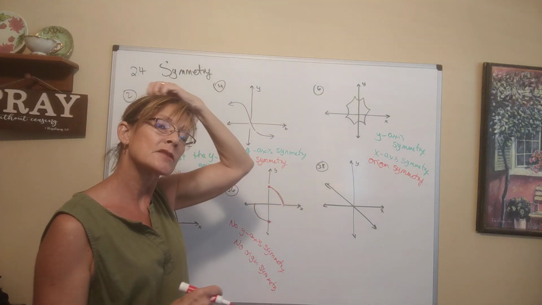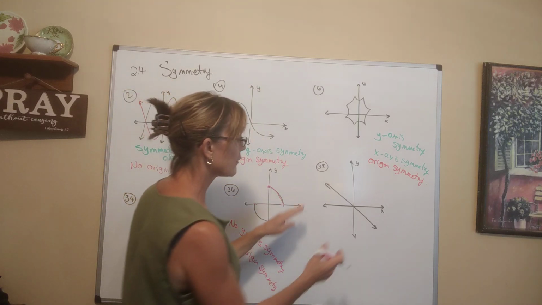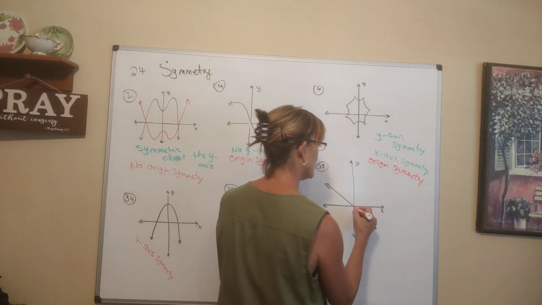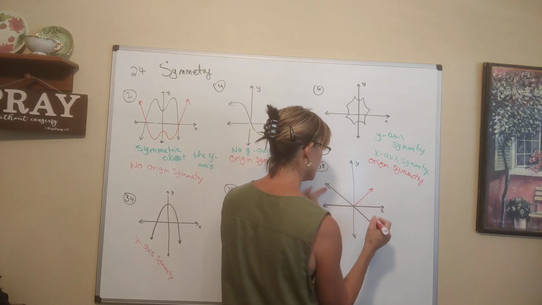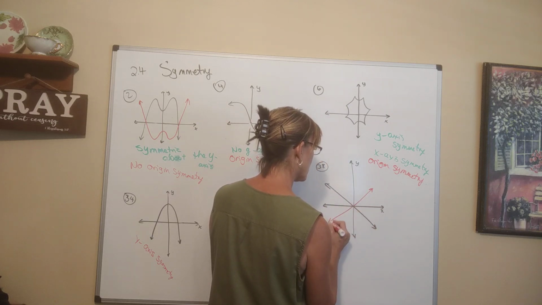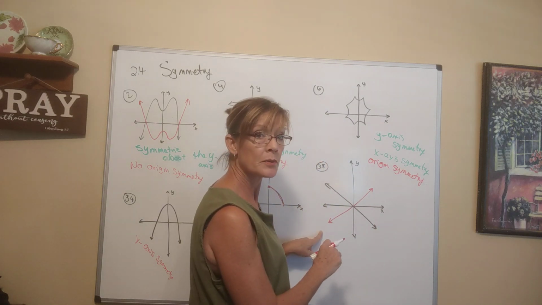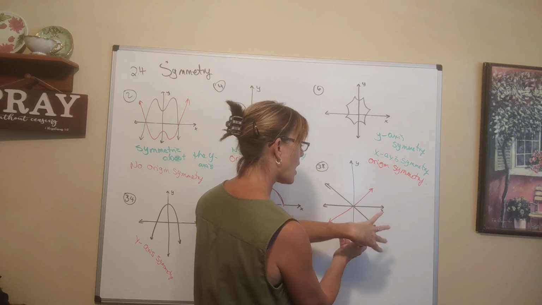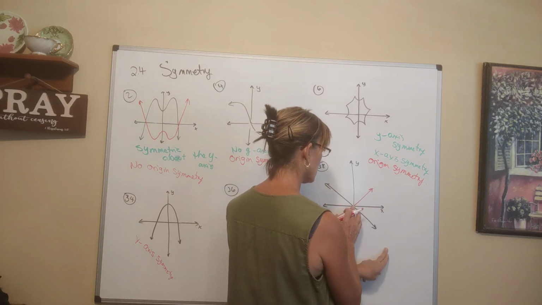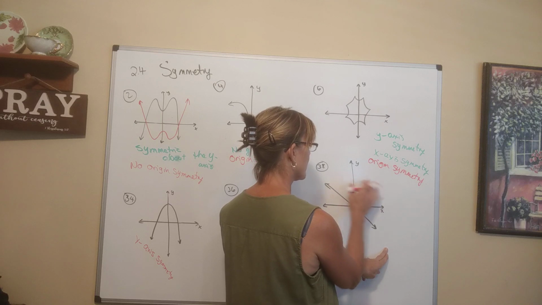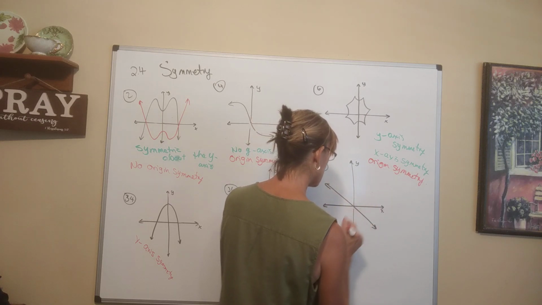Let's look at 38. Let's reflect it about the x. If I reflect it about the x, then this guy's coming up here like that. And this guy's coming down here like that. And then we're halfway through the process. Reflect it about the y. This will come over here and match the black. This will come over here and match the black. And so we'll say yes,